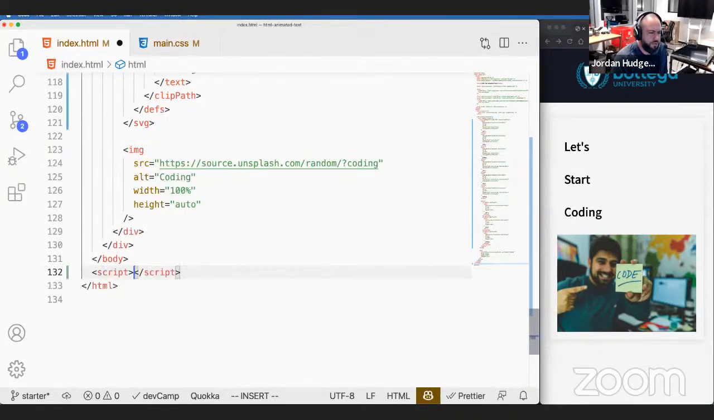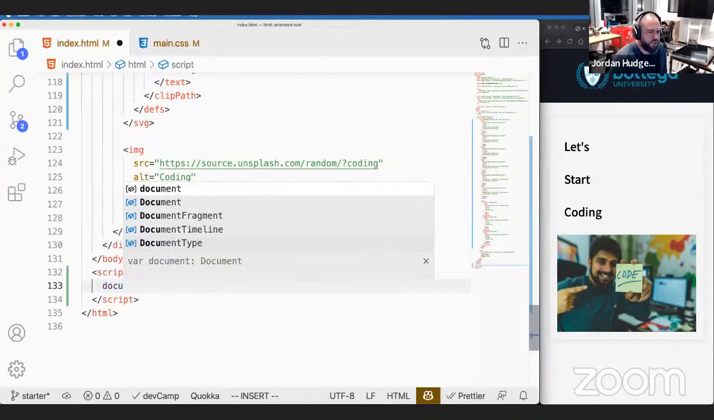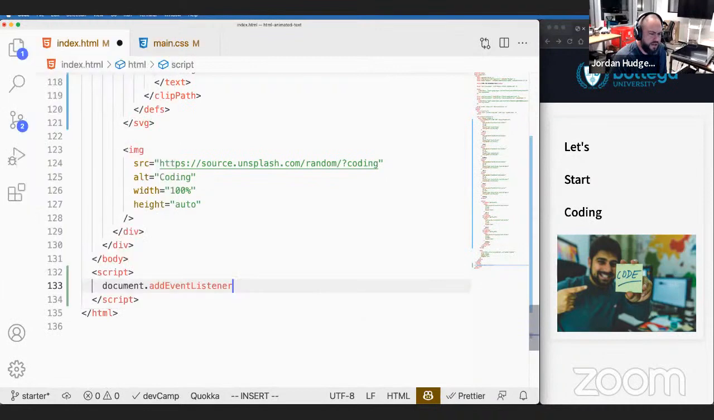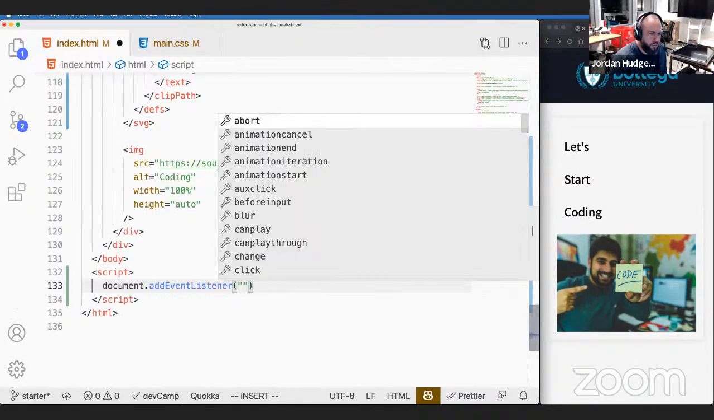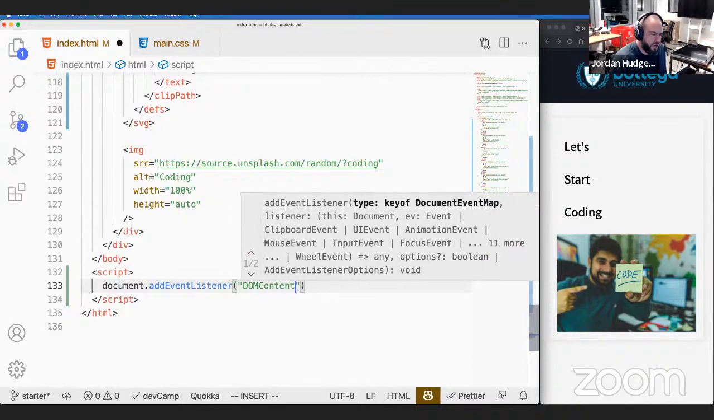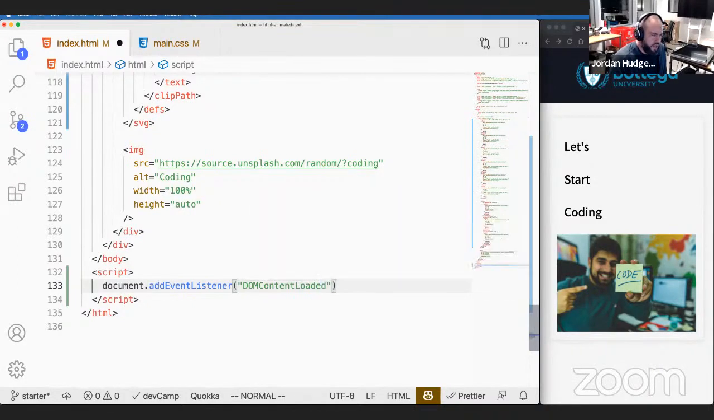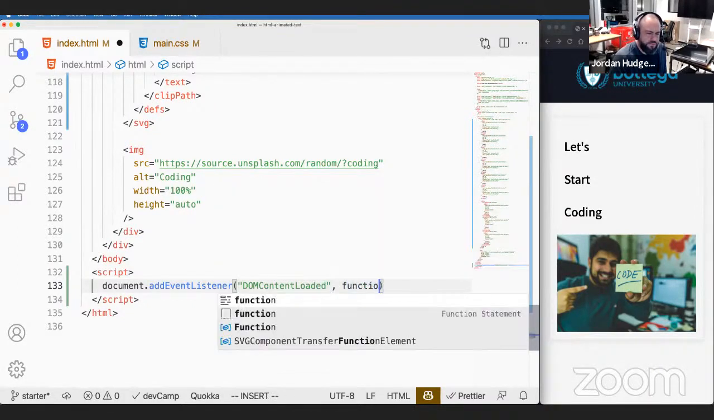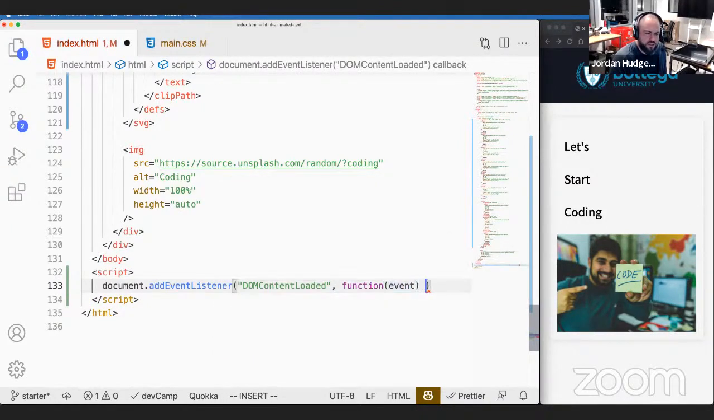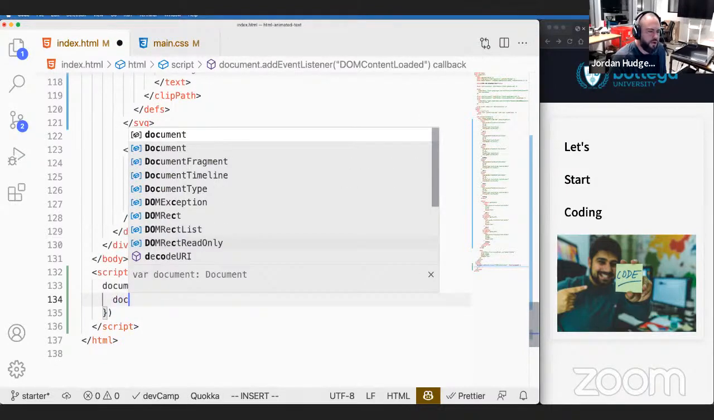We can create a script tag. And now we can write some vanilla JavaScript. So I'm going to say document.addEventListener. And then we're going to want to go with DOMContentLoaded, and then pass in a function where we're going to grab the event. And then inside of curly brackets here, we're going to say what we want to happen, which is